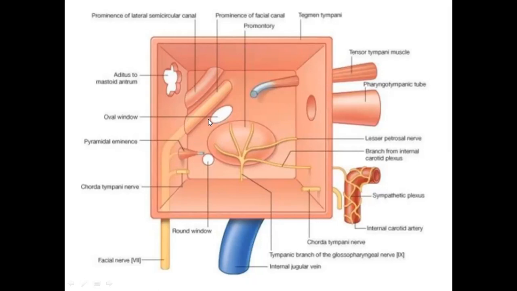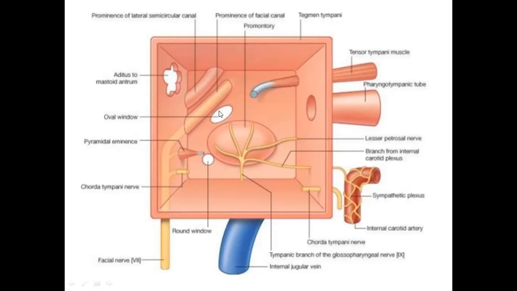This is called fenestra vestibuli, over which the base of the stapes is attached by the annular ligament, and it gets the sound waves from the incus and transmits them to the perilymph. So this is the oval window. This is a round window. This is called fenestra cochleae, and it is attached inside the inner ear with the scala tympani.